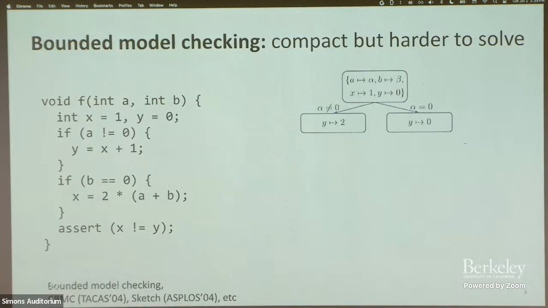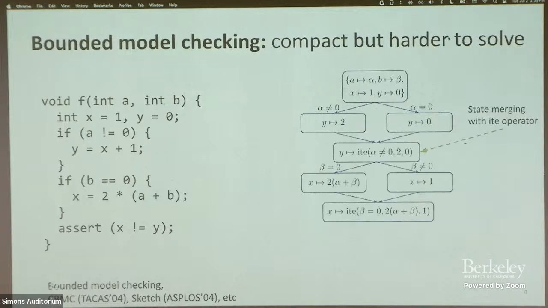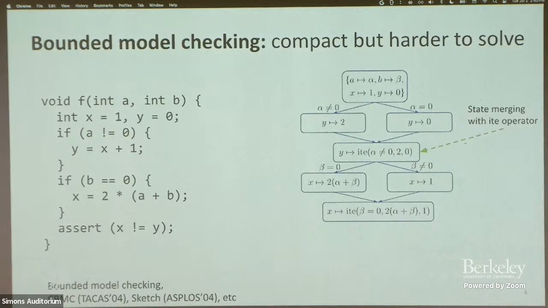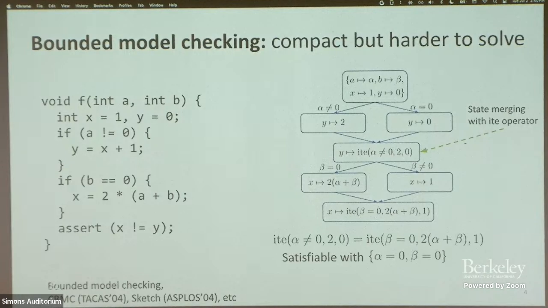Well, we could do bounded model checking, which takes these paths together and merges them with something like an ITE. And that's okay, you don't get path explosion, but you are losing information about these constants here, which is extremely important to preserve and push through the program, because in a system like this, you want to do partial evaluations. So the constants need to be preserved so that you evaluate away a lot of the stuff. Without going into much detail, why that partial evaluation is crucial, you need to preserve this constant. So this is where